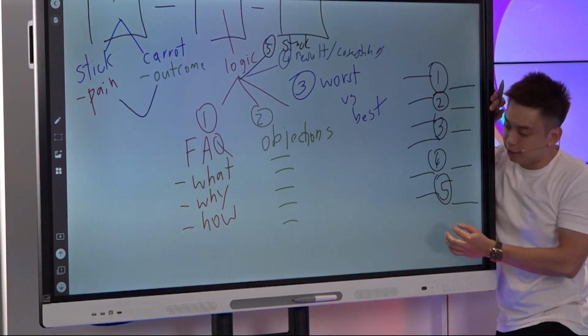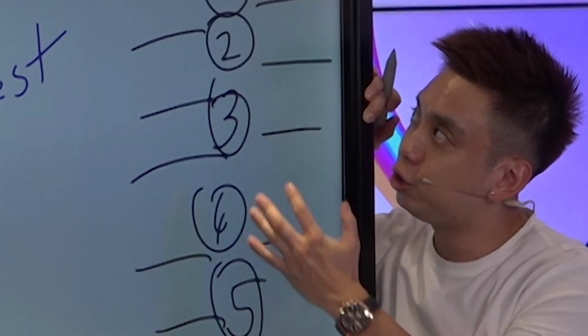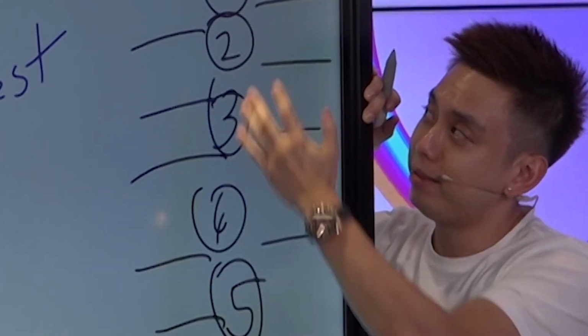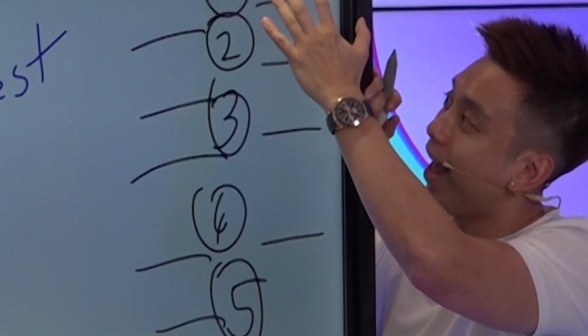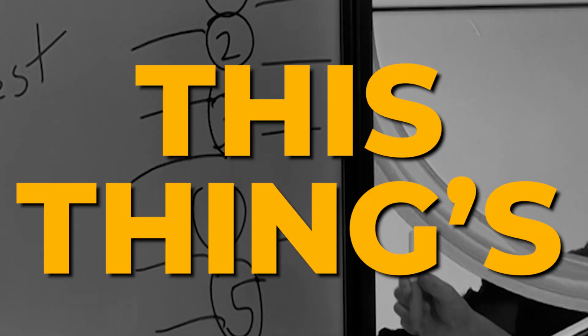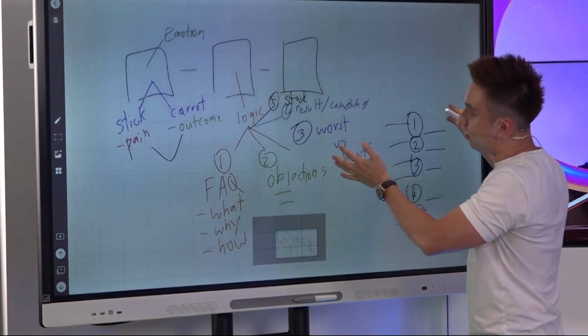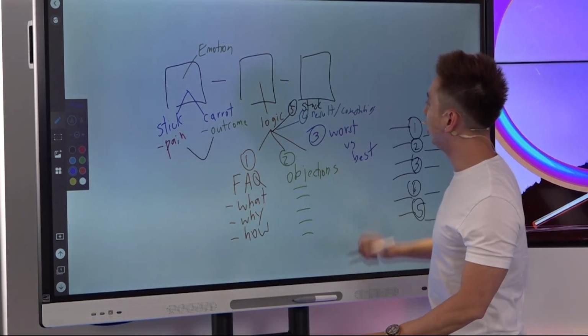They want to be able to see this. The logical person, this is what turns them on. They literally get a hard on. We're not going to edit that. It is what it is. They're literally going to get a hard on when they see this, and they're going, man, this thing's amazing. That's the thing that turns them on. Okay, so that is what the logical person is thinking,